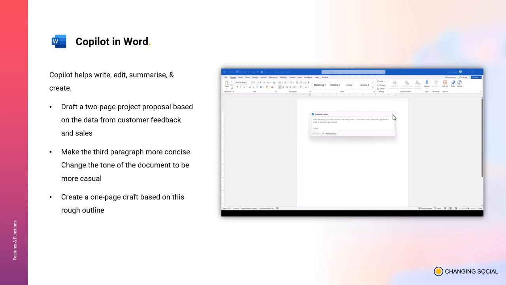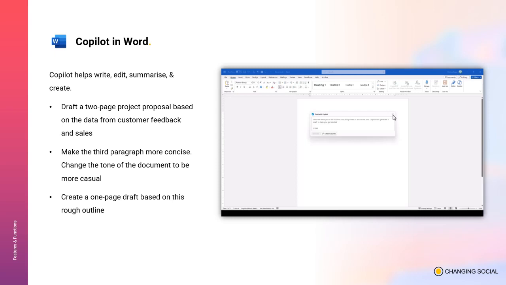So firstly, in Microsoft Word, think of the possibilities of having an assistant within Microsoft Word. Think about drafting that document, with Copilot offering you suggestions, offering you insights, and offering you recommendations tailored on that content. Your words are coming alive with added depth and precision. Copilot can assist with drafting documents. As you start typing, Copilot can provide contextually relevant suggestions and help you avoid that dreaded writer's block. It also aids in ensuring your content aligns with the desired tone, whether that's formal for a report, persuasive for a sales proposal, or friendly for an office memo potentially as well.